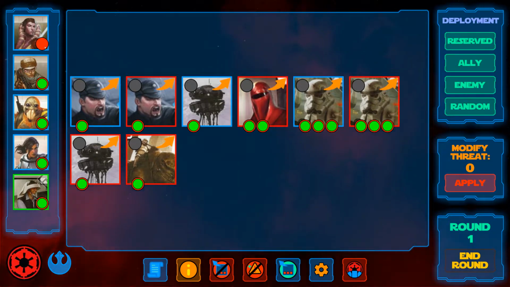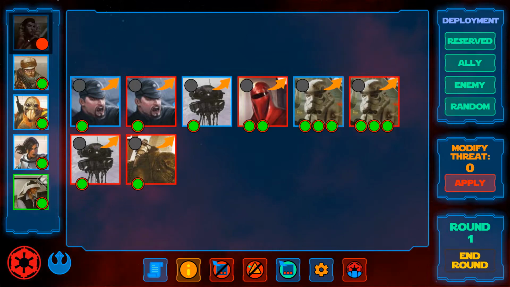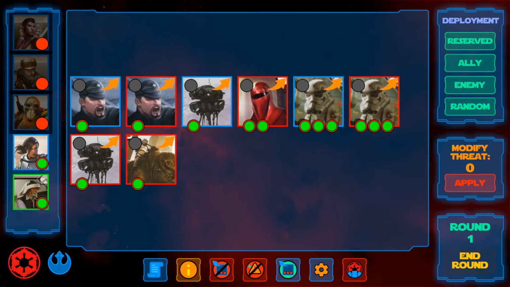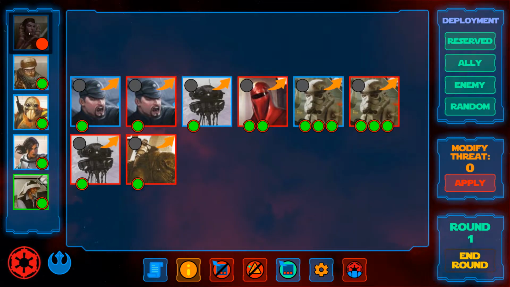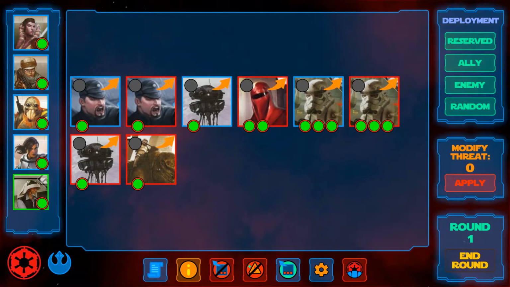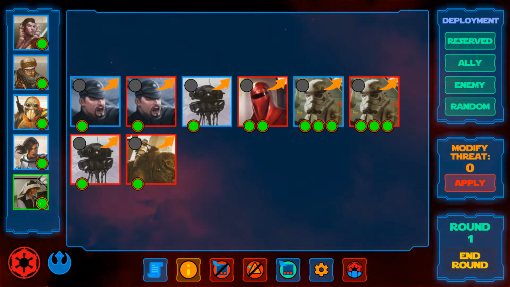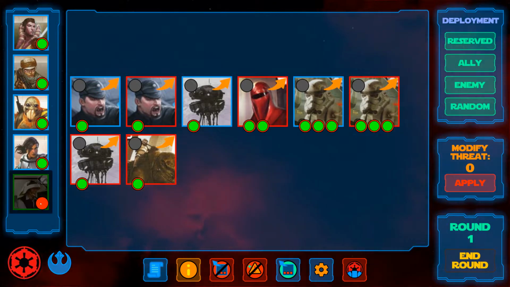If a hero has to withdraw, just click or tap on the thumbnail to dim it and tell the app the hero is no longer present. If you did this by accident, you can just undo it by clicking or tapping again. This also works for allies. However, since allies don't have multiple states of health, marking an ally as wounded automatically withdraws it.